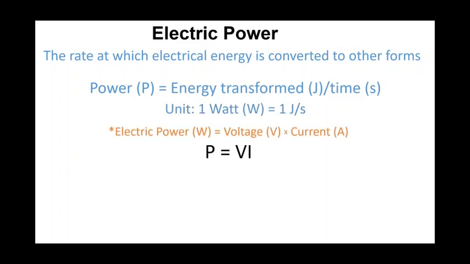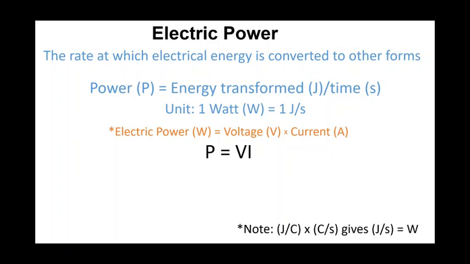So for electric power, we have 3 different forms of an equation we can use. The first one is power is equal to voltage times current. So power is equal to V times I. If we take a quick look at the units, I think you'll see how it works out. A volt, remember, is a joule per coulomb, and current is a coulomb per second. So if you take joules per coulomb times coulombs per second, you get joules per second, which is, of course,